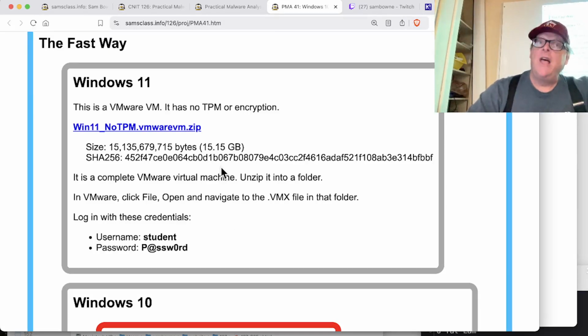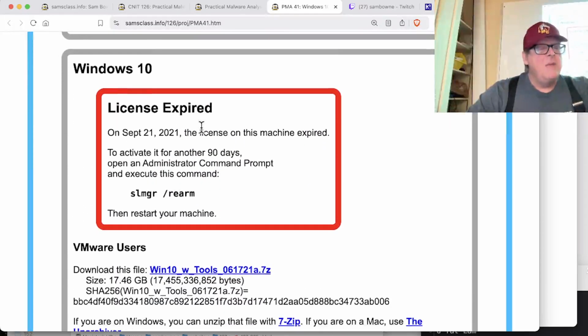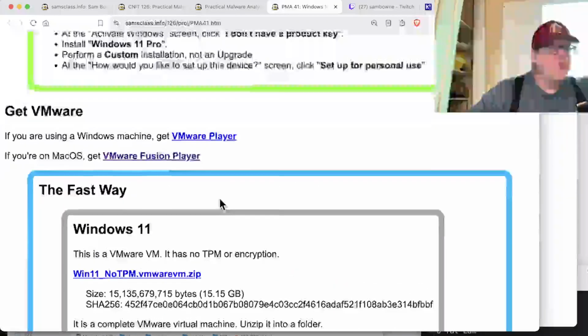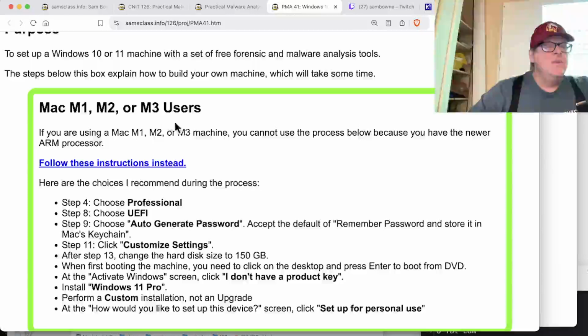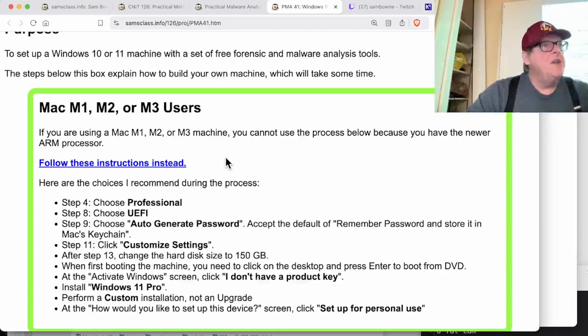However, some people, like me, have an ARM-based computer. I've got a Mac M1, and you cannot run that machine on a Mac M1. It requires an Intel processor. So if you have an Intel-based machine and you can run VMware, then you can use this machine and everything's installed. Otherwise, you'll have to install the tools, and you can use something like a Mac M1. And so then you'll have to install Windows directly on your Mac, and then you'll have to install the tools